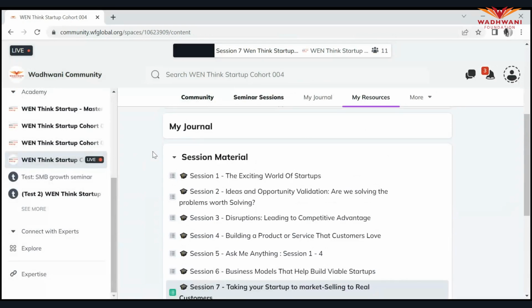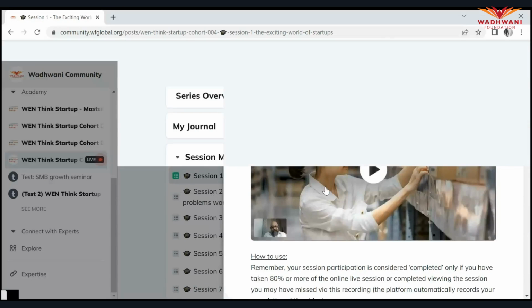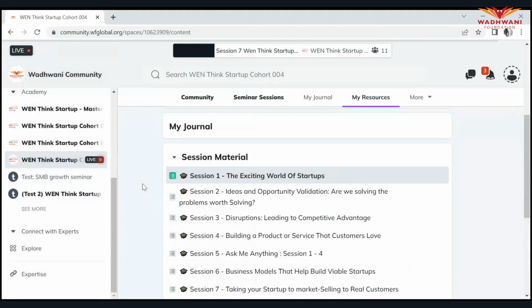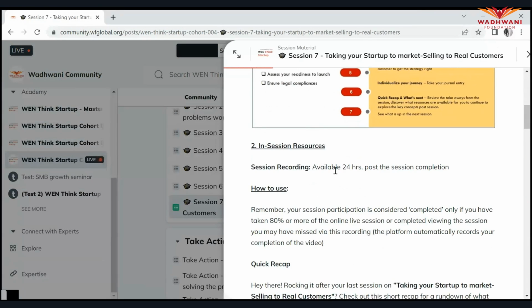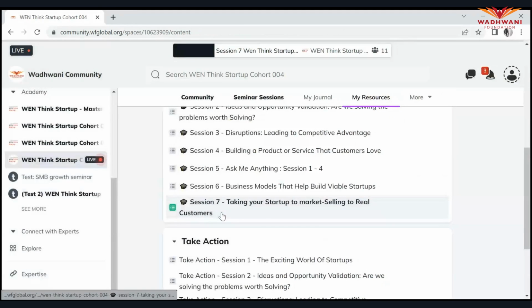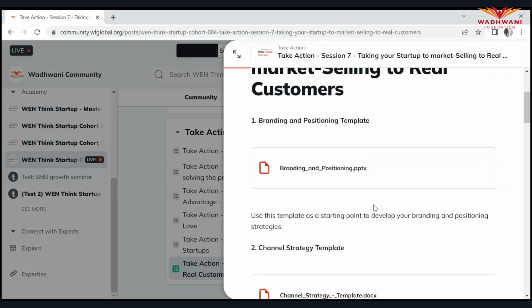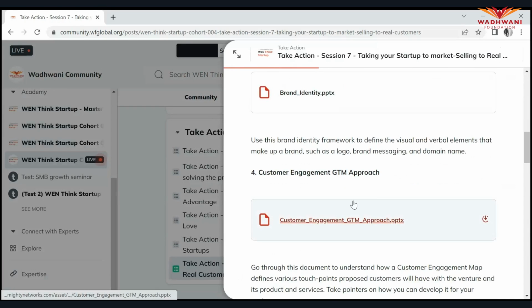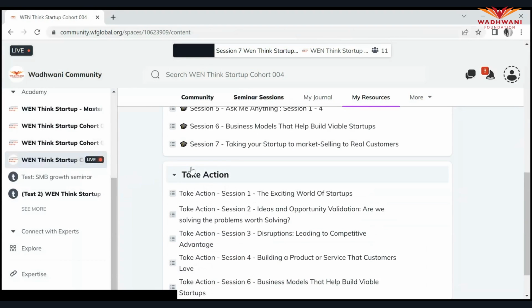And if you've missed out on any of the previous sessions, you will find all the session material here, including the session recording. Right? For the current session, you will find the recording tomorrow in the morning. That's for session 7. We've mentioned it here. So just in case you want to revise it, you can log in tomorrow and check for the session materials here. You can also find your takeaways for session 7. Right? So please feel free to go through them and complete them accordingly.